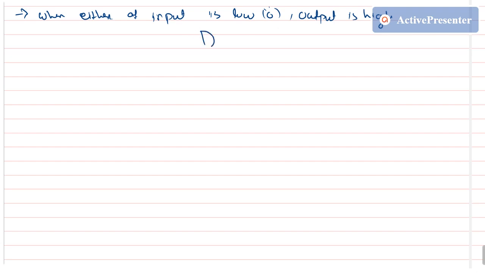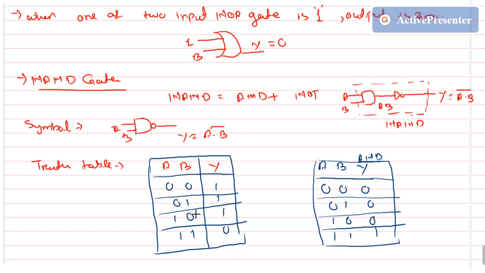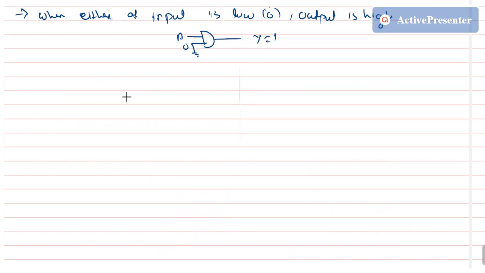So what we can draw here: it is saying if this is 0, whatever input you give here, the output will always equal 1. This can be verified from the truth table. See, whenever there is a 0, the output is 1. Here there is a 0, output is 1. Here there is a 0, output is 1. Here there is a 0, the output is again 1. Okay.